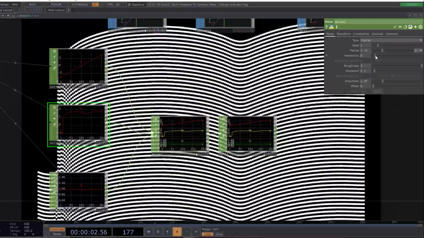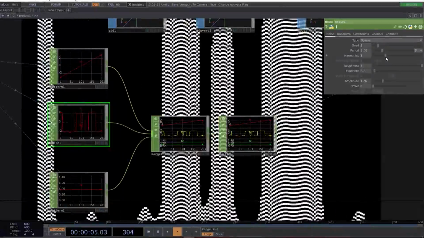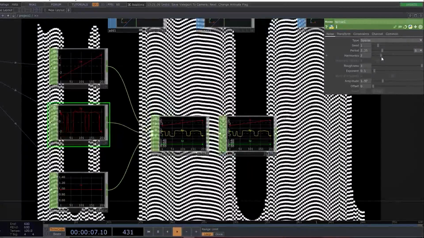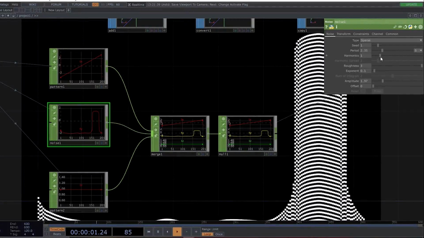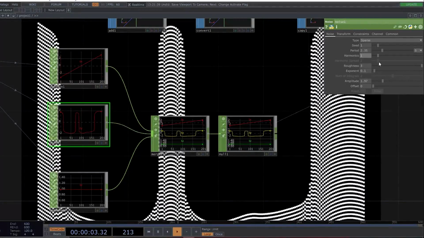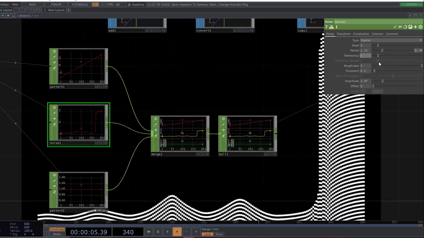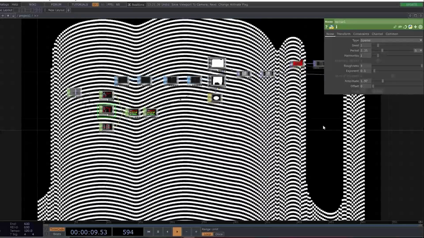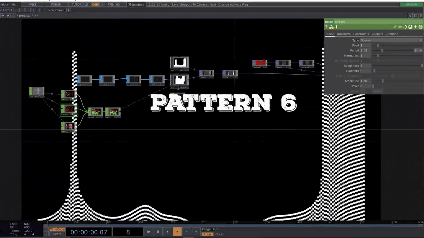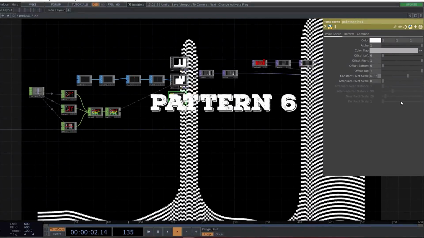We can play around with the harmonics. Harmonics will give a more impulsive reaction to the design. But at the end, this is how we can produce different patterns with just a simple node network. And the last thing that we want to show is